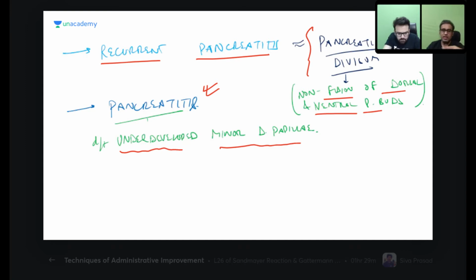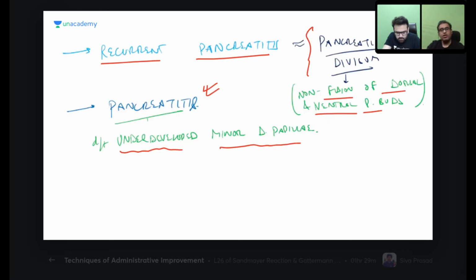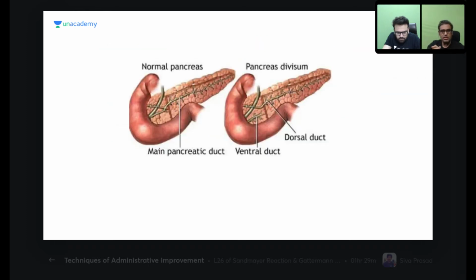So in the ductal system, remember the normal Wirsung, how it is formed, and remember the normal Santorini. Normally Santorini and Wirsung, but that is the normal thing. What about the abnormal situations? This ductal anomaly could cause recurrent pancreatitis, could be a reason for recurrent pancreatitis, because that is draining all the parts. Okay, so this was a little bit of the ductal part.